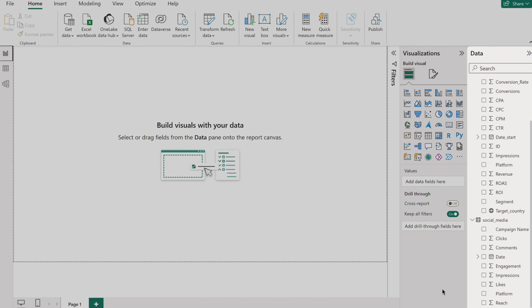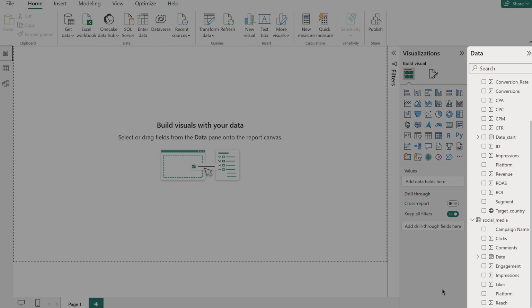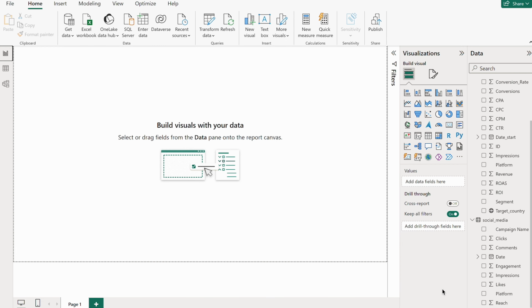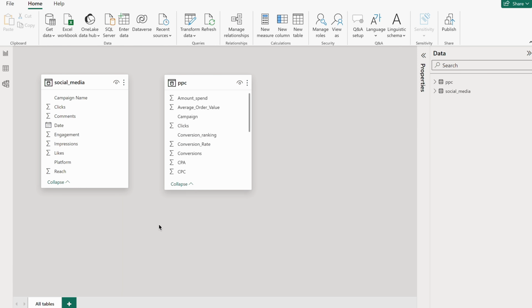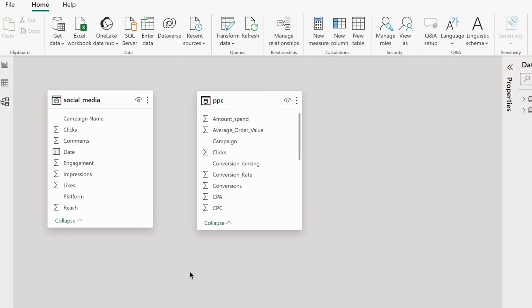Now, both the PPC and social media data is residing in the data pane to the right. Before I use Power BI for marketing dashboards, it's important to tell the app how both sets of data are related. You do it in the model view. Here are both tables side by side. My marketing associates informed me that they ran campaigns with the same names on both channels and would like to compare each pair. Both tables feature a column with campaign names, so it makes sense to build a relationship around them. To do this, you can drag either field and drop it onto the other.